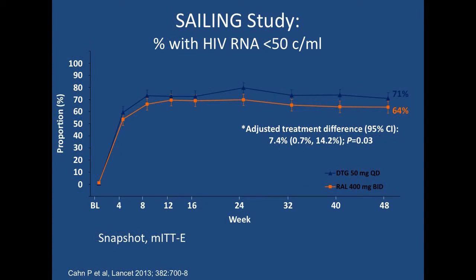The primary endpoint was virologic suppression at 48 weeks, and the dolutegravir arm was statistically superior, 71% versus 64%. They did some other sub-studies, but for protocol-defined virologic failure, it was 12% in the raltegravir arm versus 6% in the dolutegravir arm. So at least this establishes that for many patients, maybe we shouldn't be using raltegravir in treatment-experienced patients and should use more dolutegravir because it seems to be superior. And you can still use dolutegravir once a day, 50 milligrams,